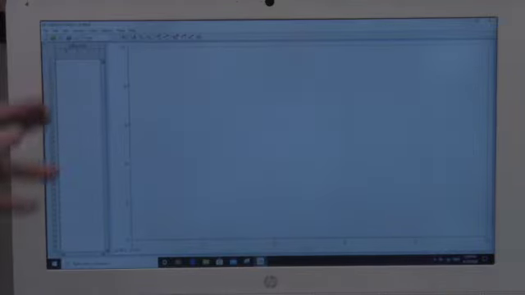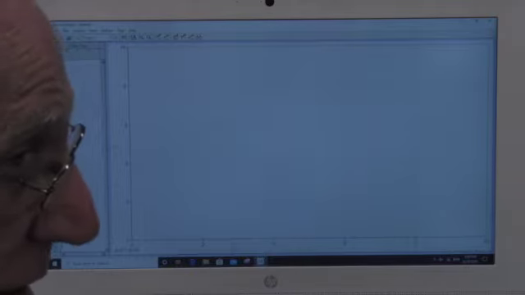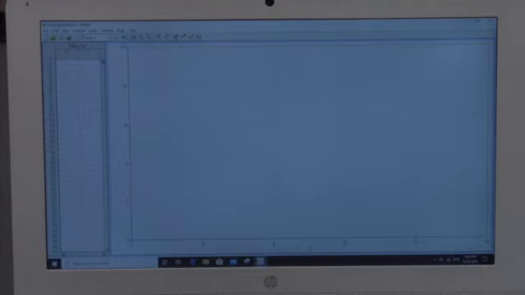That brings up a blank graph, and you just put your x and y values in, and our x and y values are as follows. The first x is 0.717, and the first y is 1.445